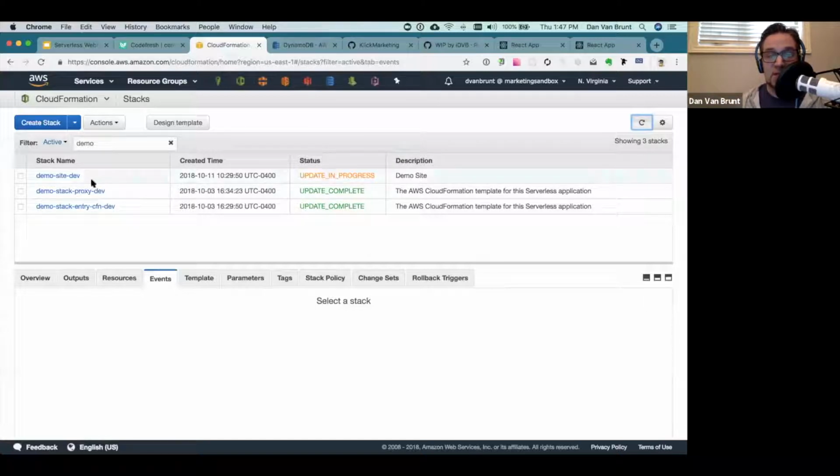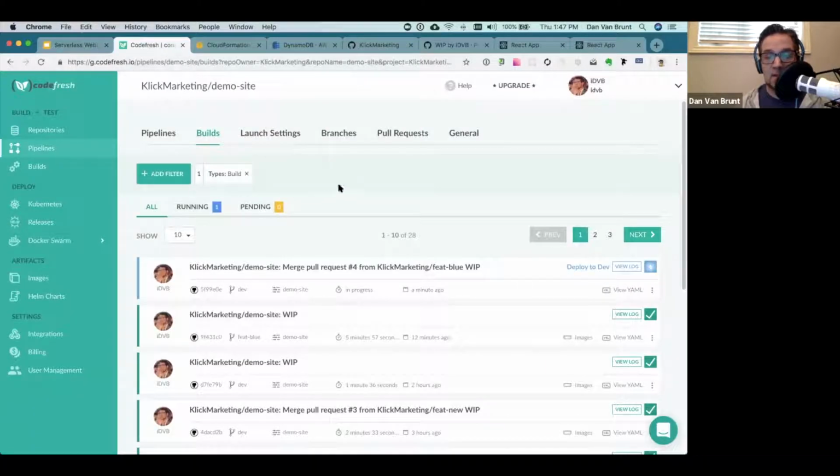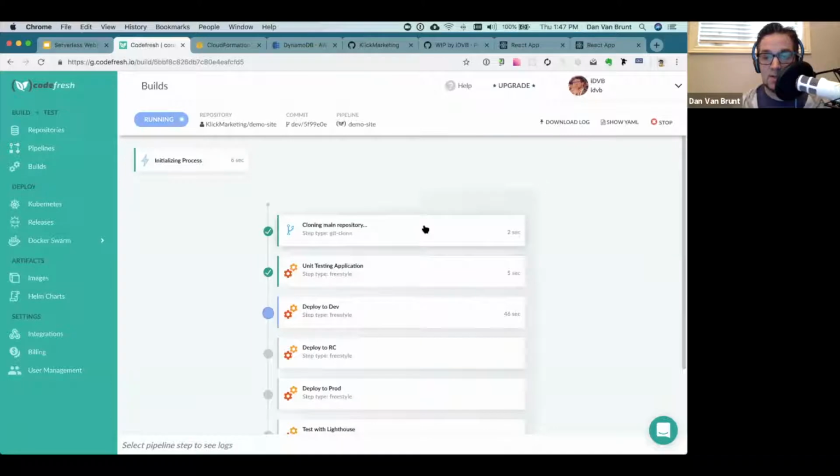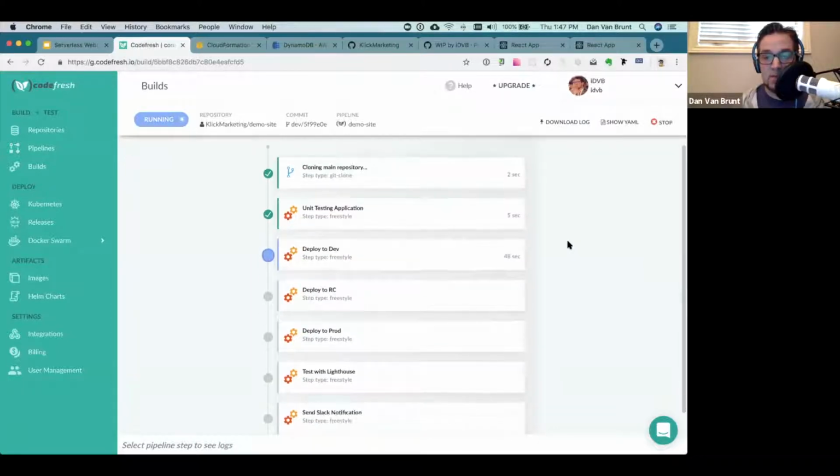Also, you can see that because we've merged into the dev branch from that feature branch, it's now just making sure that that change is being deployed into that branch as well, which is probably a good example if we come back to this window and we can see dev is still in progress. This is probably more indicative of the deployment times that you get on average once you've actually deployed once, because in this case, that's all it's doing is deploying. So you can see it's already deployed to dev, and it jumped past RC and prod,